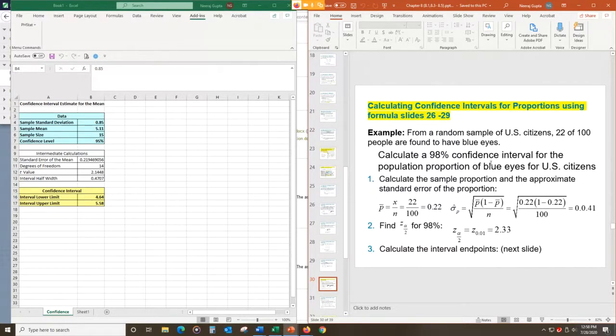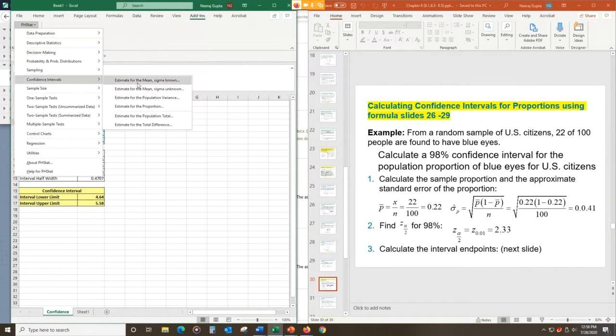So let's take this example now for the proportion. It says 22 of 100 people are found to have blue eyes. Calculate a 98% confidence interval for the population proportion of blue eyes. So here my proportion is what? 22 out of 100, which is 22 divided by 100, it is 0.22. X is my 22. So I'll go to PHStat